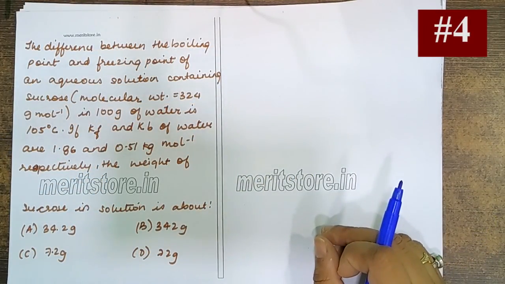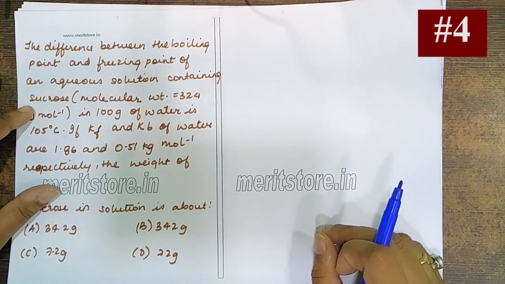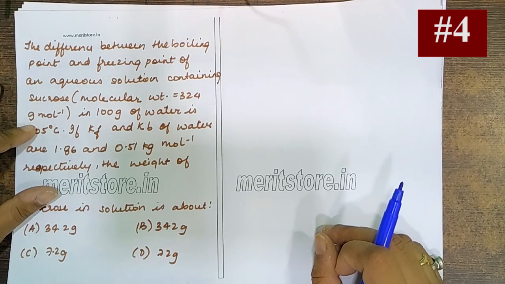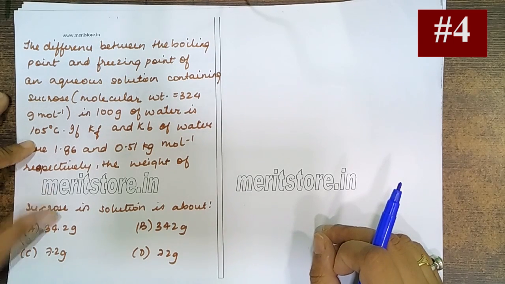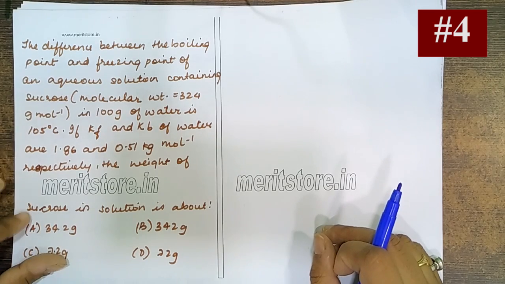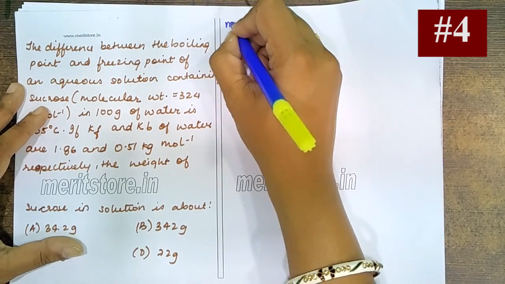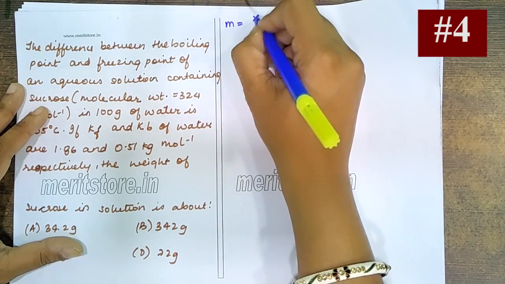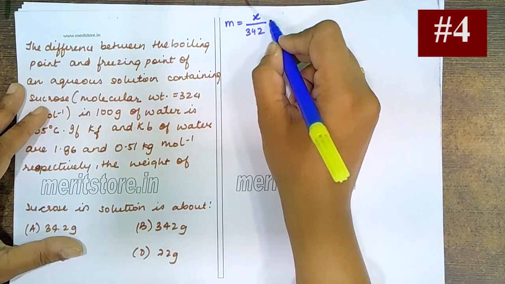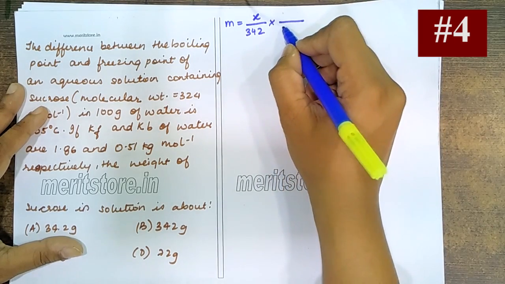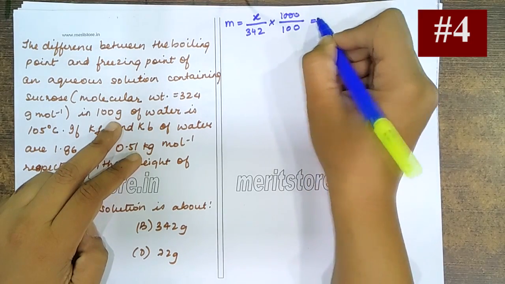The difference between the boiling point and the freezing point of an aqueous solution containing sucrose, molecular weight 342, in 100 grams of water is 105 degrees. If Kf and Kb of water are given respectively, we have to calculate the weight of the sucrose in the solution. Now molality is nothing but the weight of the sucrose, which I'm just assuming as x, divided by its molecular weight 342. This is the number of moles divided by the weight of the solvent, which is 100 grams given. It's in grams, so I'm multiplying this by 1000. So this is around